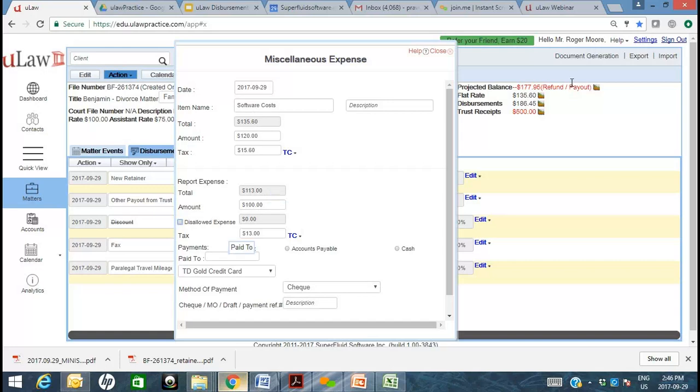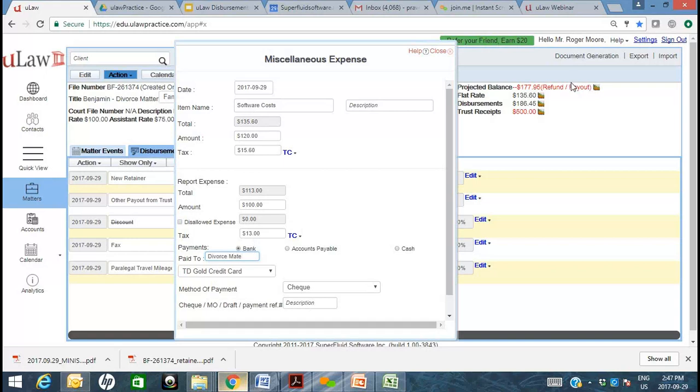Or meals would be a great example, where you're going to charge a little bit more than what you actually paid for, including disallowed expense. Maybe there's a tip that you added. You can incorporate all those as well. But let's keep it simple. This is a marked-up software cost where you have a profit margin of 20% right here, and you're going to say paid to,